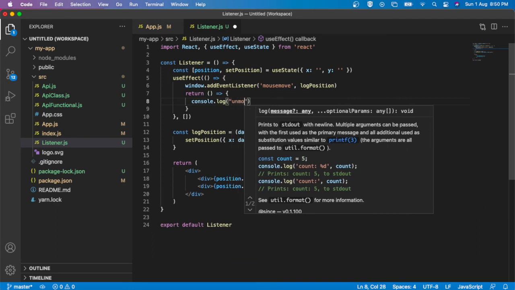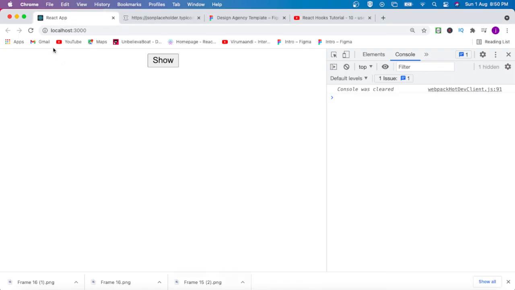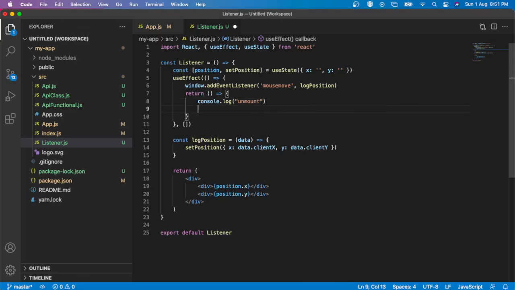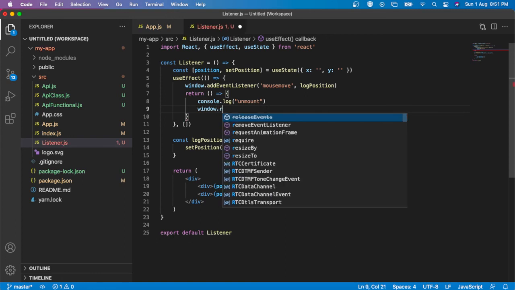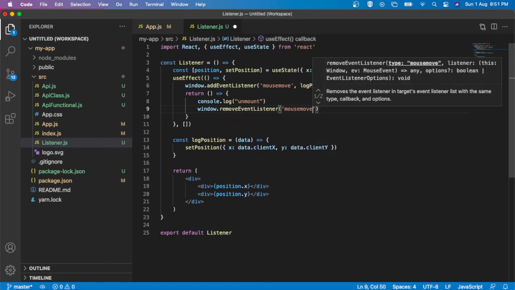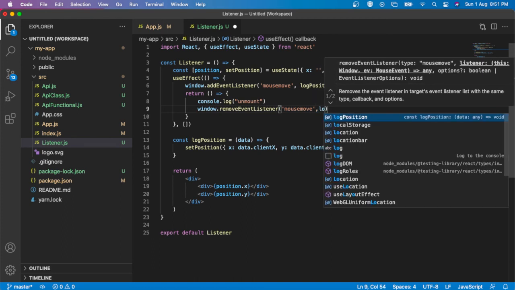Let me reload it, show, then it will show. If I hide, unmount is called, right? Now I have to remove this listener here. For that, window.removeEventListener. Here I can add the same event and the function logPosition.